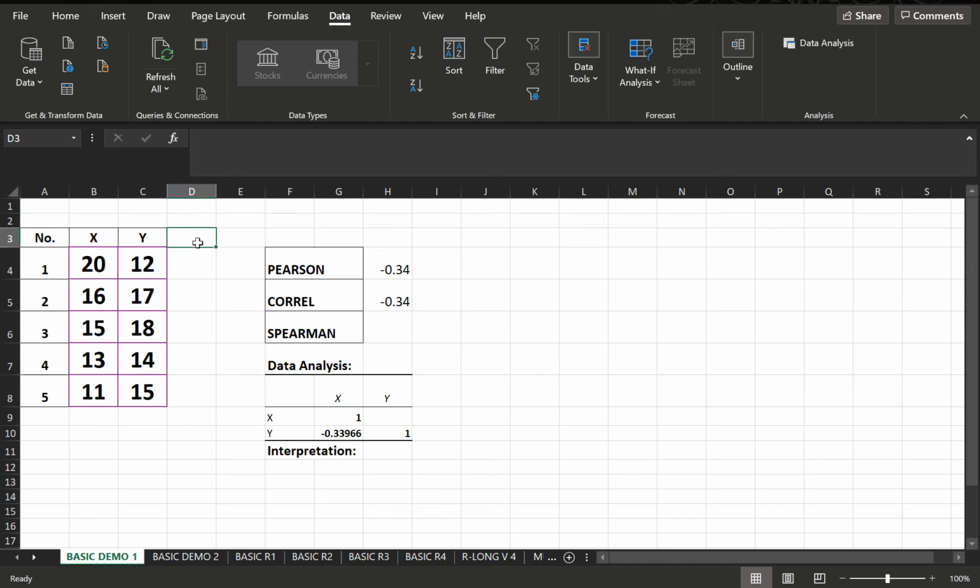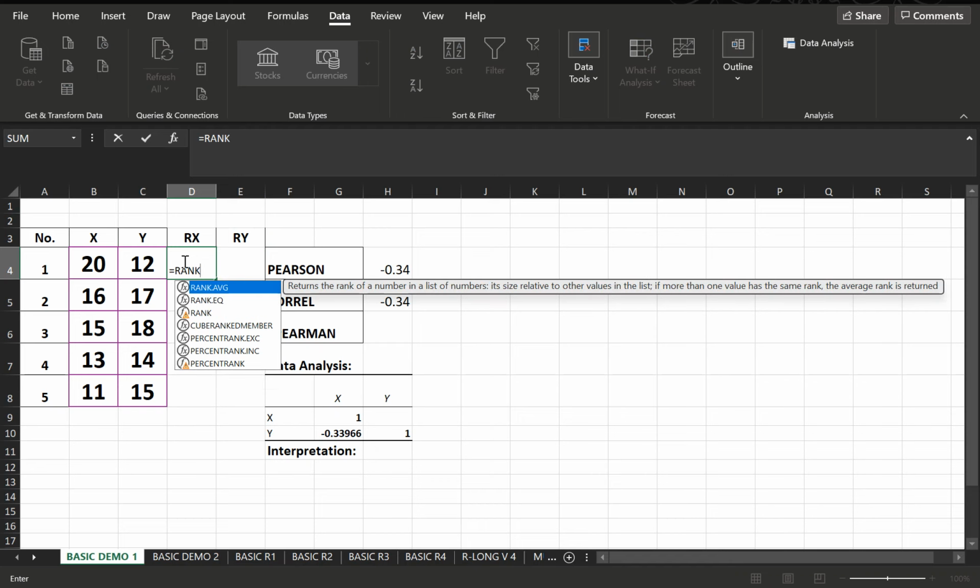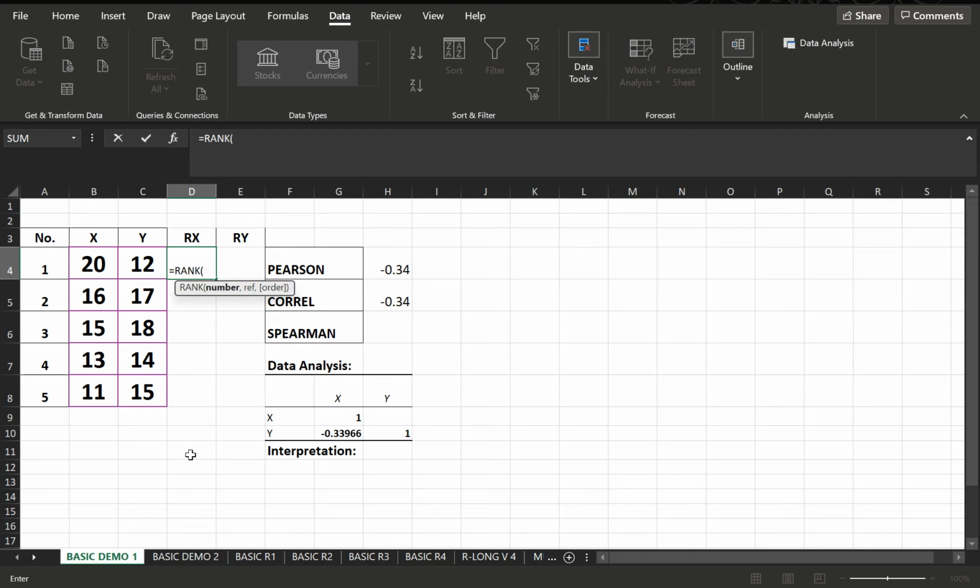Okay, so we put our X here and we put our Y here. Now let us do the rank function. So we have the equal sign and then rank. And then you see here a lot of functions, but we do the rank. And then open parentheses. What's the number? So we want to get the rank of this number, which is 20. And then what's the reference? The reference, you need to highlight all the X column, or all the samples in the X column,